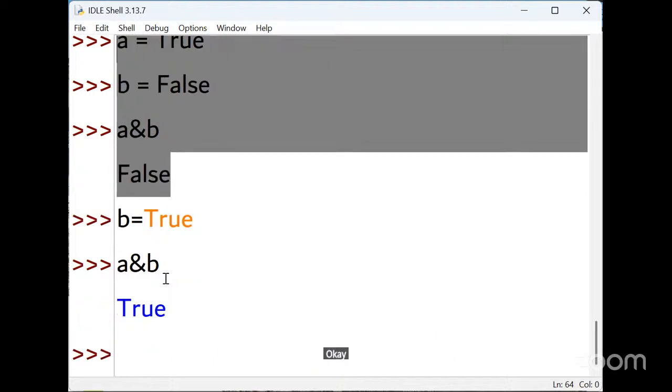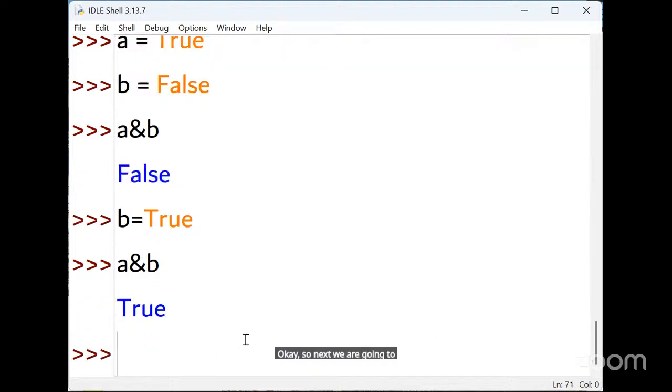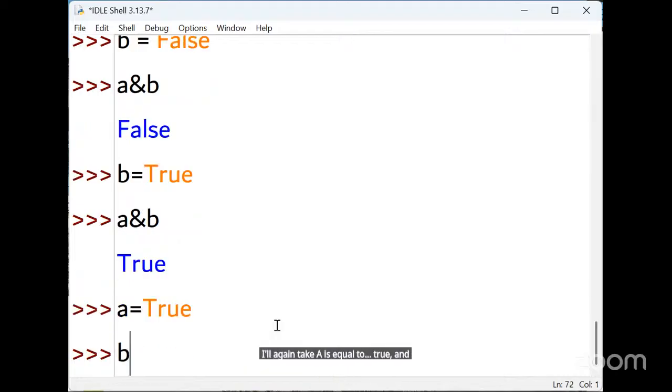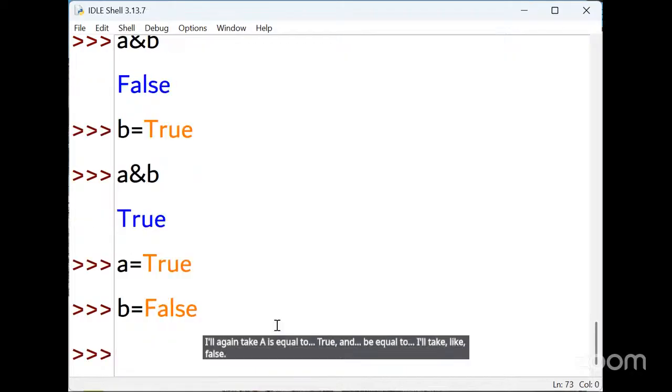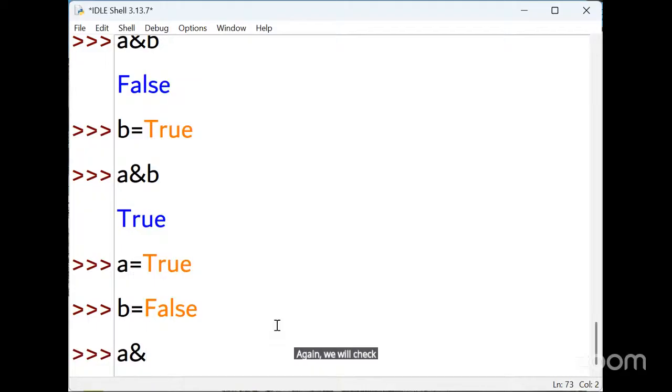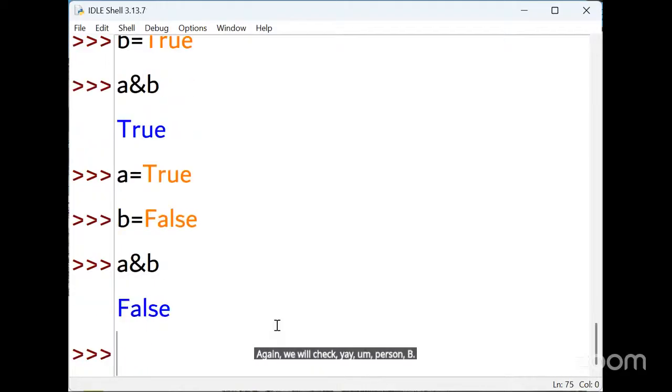Next, I'll again take A is equal to true and B equal to false. Again, we will check A ampersand B. It is false.